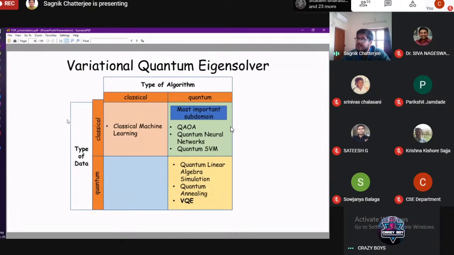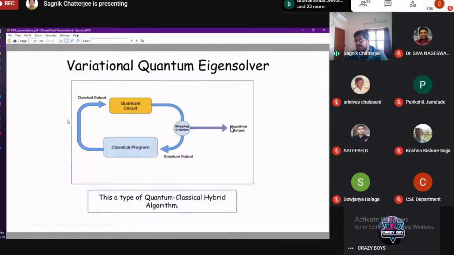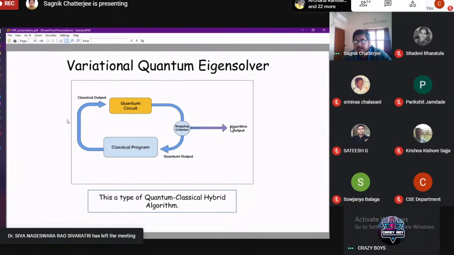We come to another type of algorithm called the variational quantum eigensolver. This is one of the first algorithms that we'll see which is a quantum-classical hybrid algorithm. So how does it work? It has a quantum circuit which takes in quantum data and processes it, and we measure the circuit and we see what the